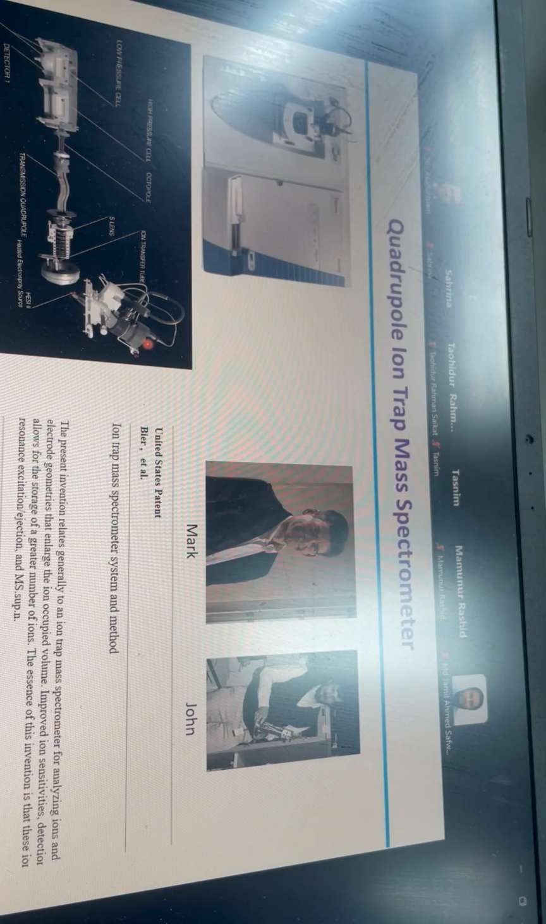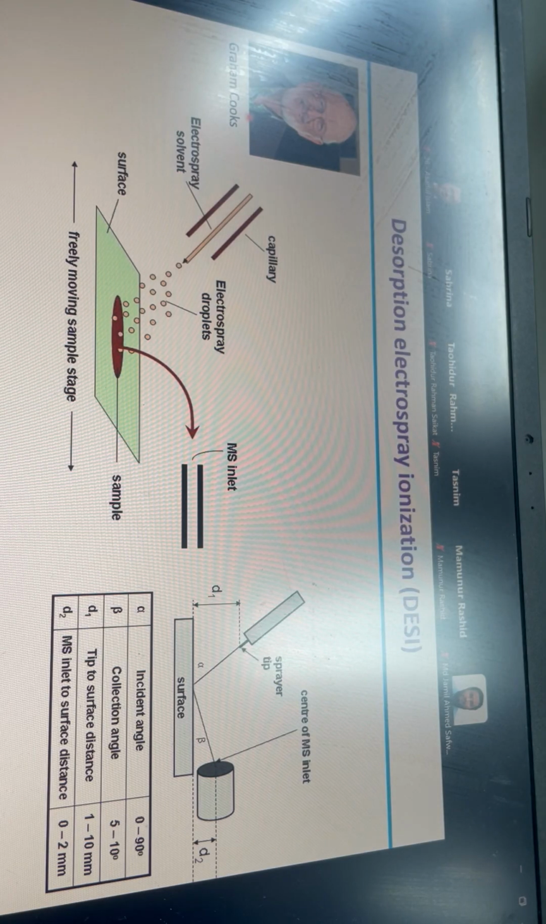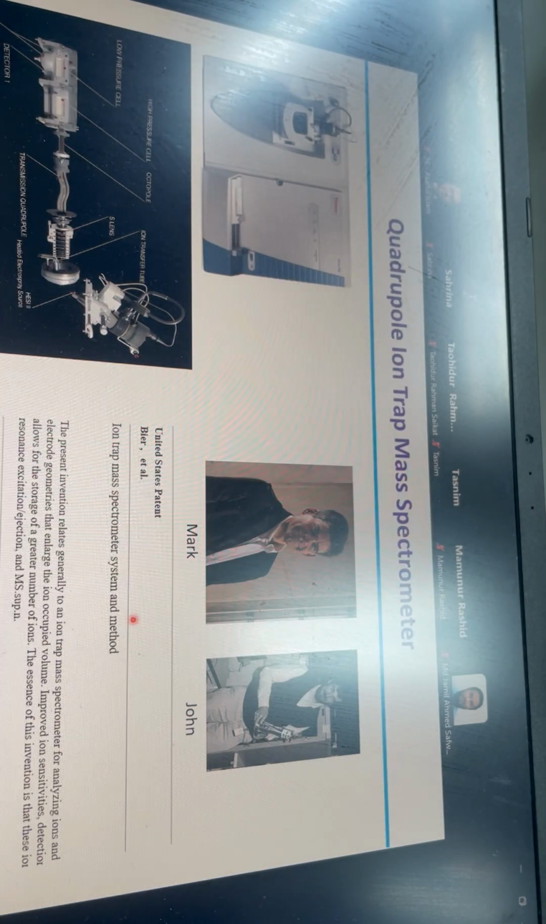Okay, so then you have different types of mass analyzer. This is Mark Baer, my supervisor. I work with him at Carnegie Mellon University. He is the inventor of this quadrupole ion trap mass spectrometer. He and his friend John, when they graduated from Graham Cooks' lab, they started